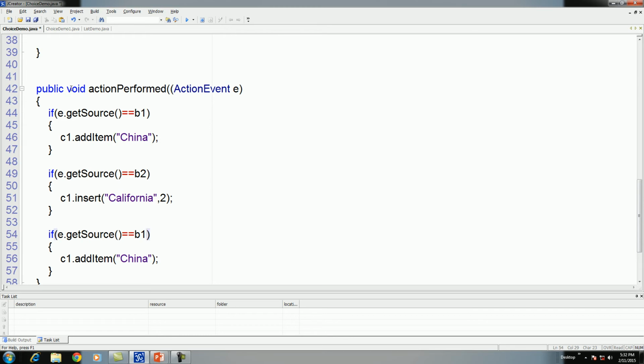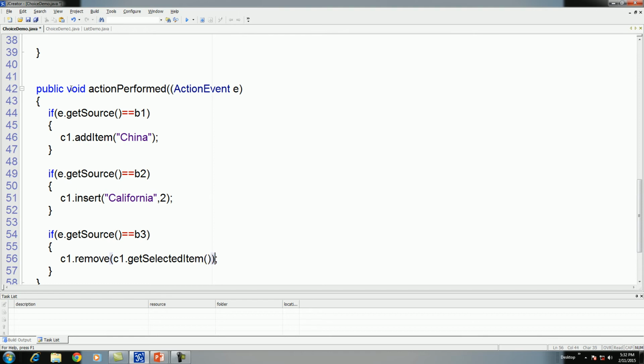Now for remove, you can directly remove the item, or for remove method you can also apply different logic. You can remove a fixed item name, or you can also remove the selected item. For that purpose we have to assign here getSelectedItem.